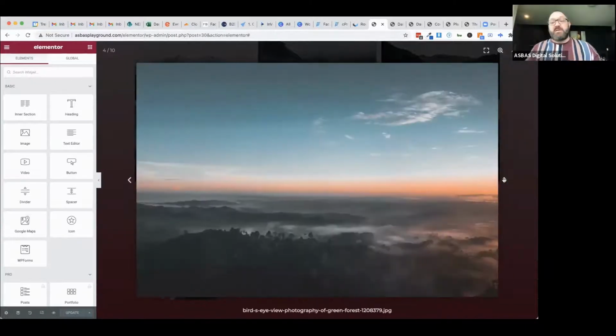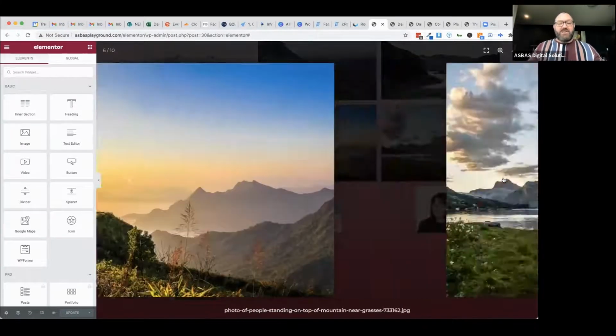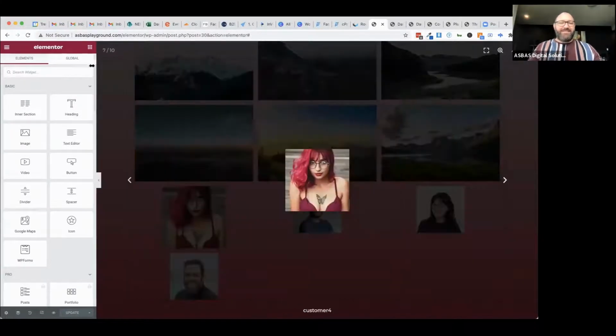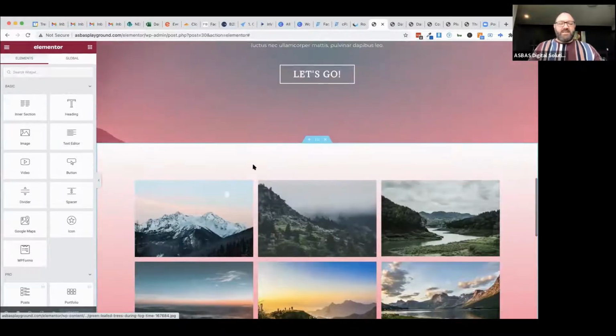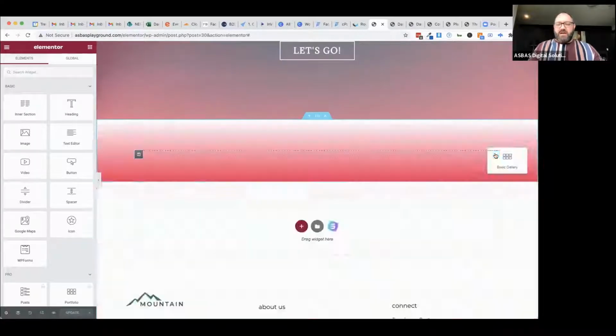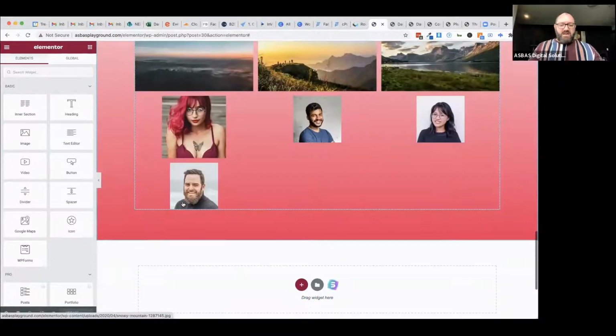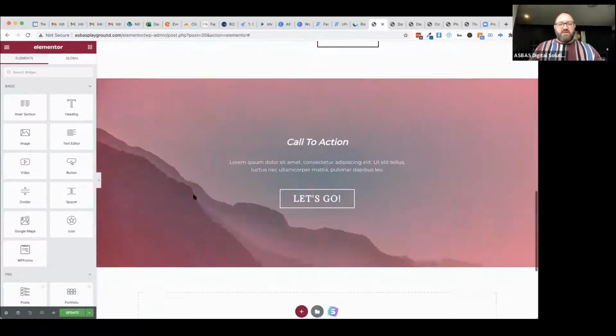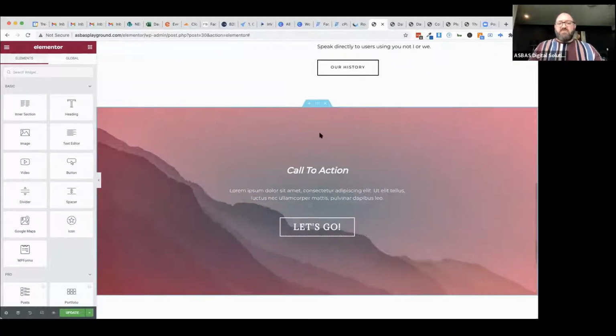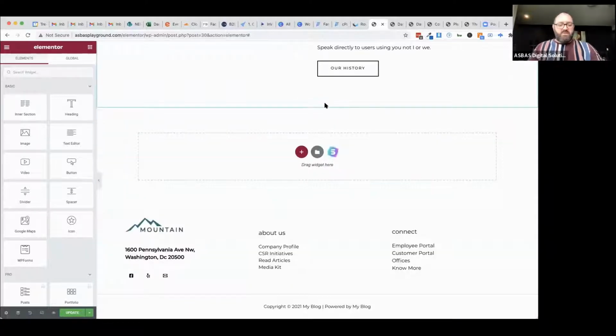Naturally, you want your photos to be in nice, even ratios. Otherwise, you get this problem. You go from very large photos to very small ones. But if I don't even want that section, I can get rid of it. So I can literally just go, look at that and go, no, don't want any of that. I'm just going to get rid of that whole section. Bang, gone. And then I can get rid of this one if I want to as well,